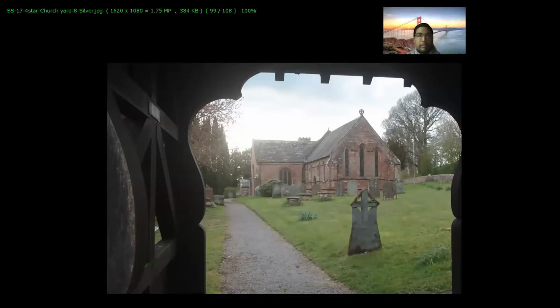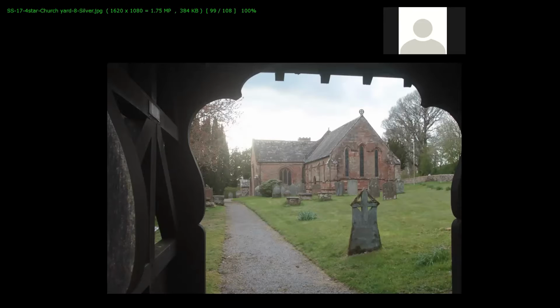4-star, churchyard, silver. Yeah, a nice image of this church. It's the feeling it didn't fulfill the brief 100%. It's got rather a nice little bit of a room,